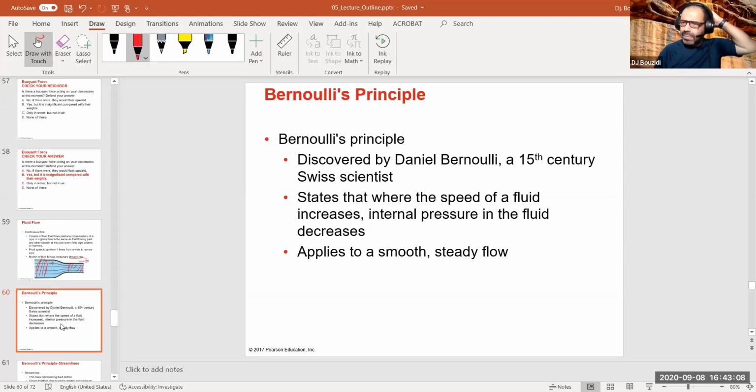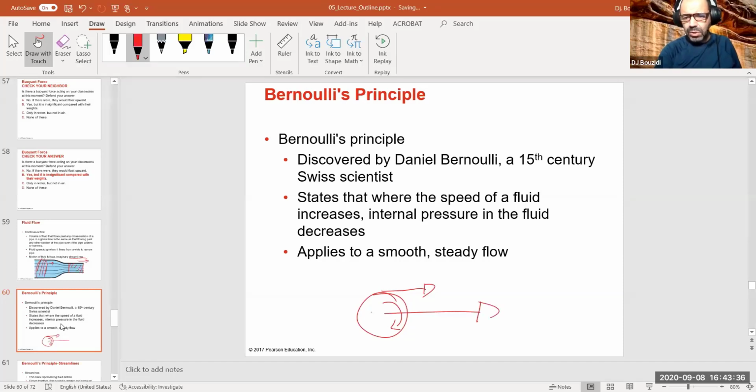Actually, there is another parameter included in Bernoulli's principle, and that is that it depends on the height. But if the object is small, then the height doesn't play a major role. Take, for example, the case of a curveball, or a ball that is spinning, in baseball. If it's spinning this way, for example, downward, the entire ball is moving in one direction, but this side is moving forward while this side is moving backward. So it appears that this side is moving slower, because of the resultant of these two velocities, than this side.